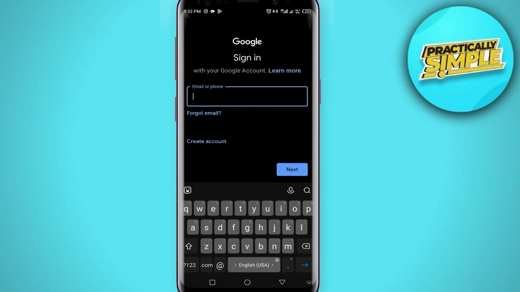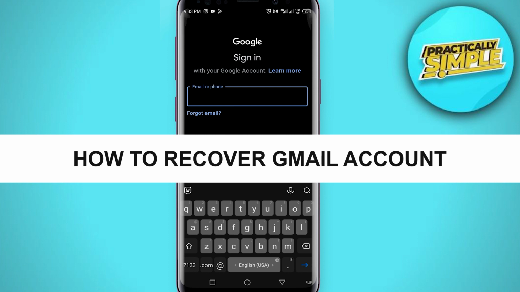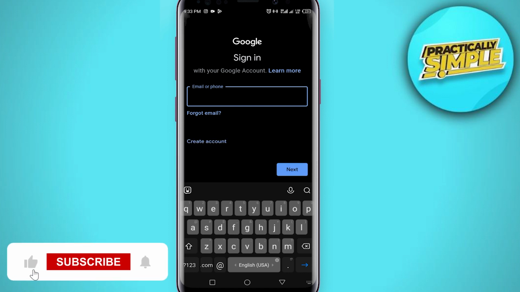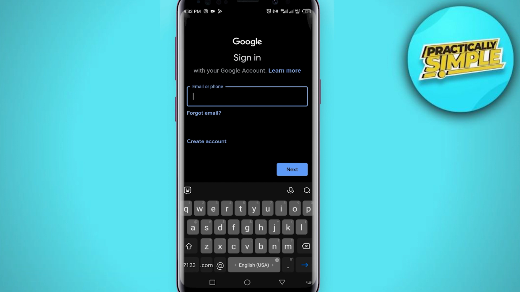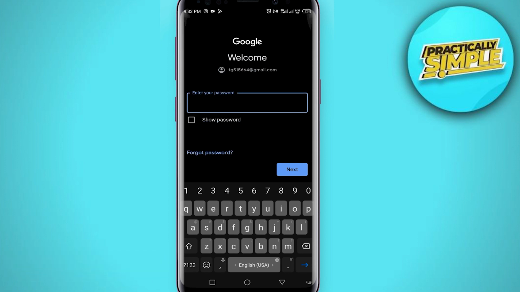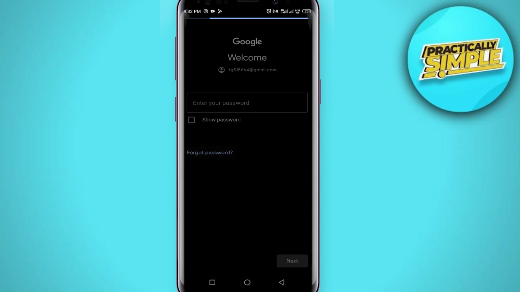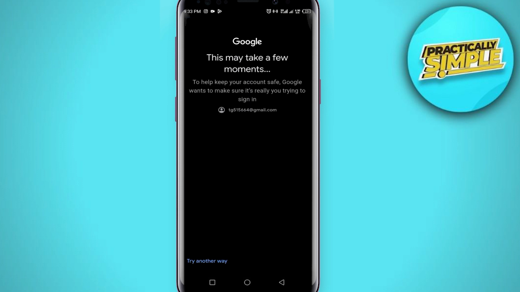In today's video, I'm going to show you how to recover a Gmail account without a phone number and without a recovery email. So what happens when you try to log into your Gmail account? If you forget your password, click on forgot password, and you don't remember your last password and